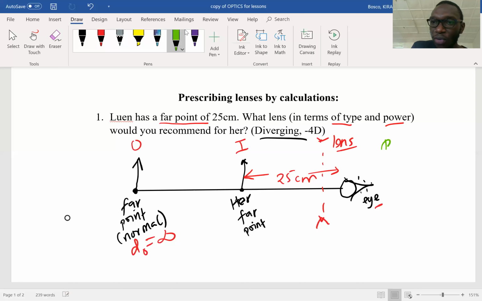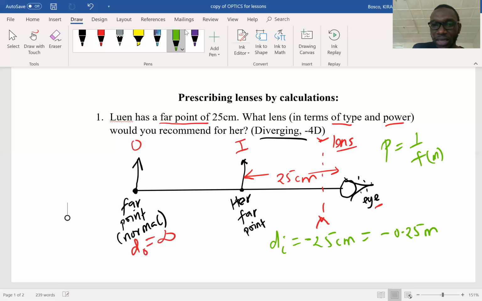We know that power of the lens is 1 over the focal length of the lens, and the focal length should be in meters. Therefore, our d image here is 25 centimeters, and it's negative because the object and image are all on the same side of the lens. One of them must be virtual, and the image is virtual here. So this is centimeters, therefore it's going to be negative